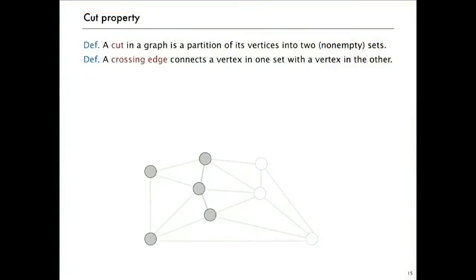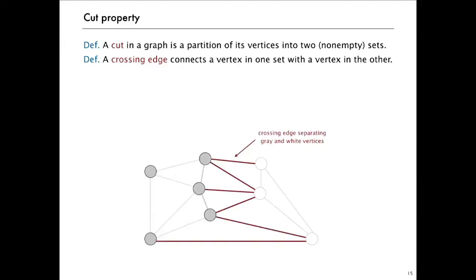Now, given a cut, a crossing edge connects a vertex in one set with a vertex in the other. So every edge that connects a gray vertex to a white vertex is a crossing edge. That's a second definition that gives us a way to talk about edges and graphs when we compute the